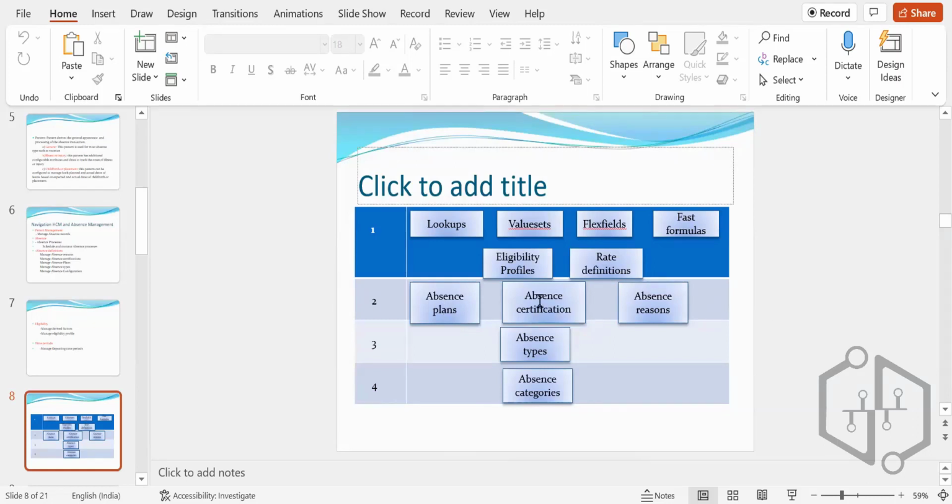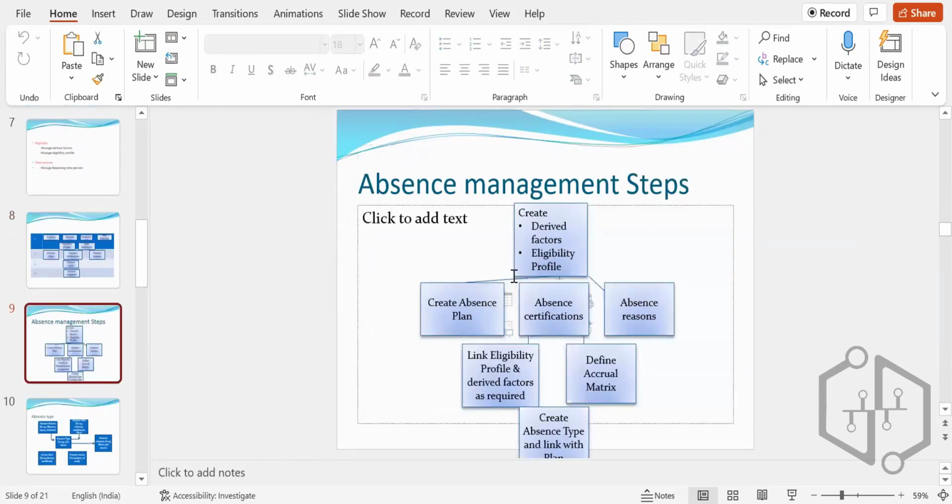Absence certifications means you have to submit the doctor's certificate. Absence reasons means you have to write the reason for taking the leave. Absence type, I have to check. Absence category is also the same thing, it is one and the same. Now coming to